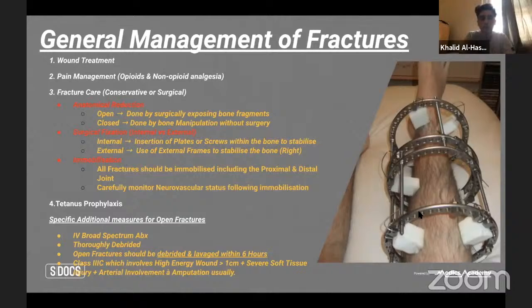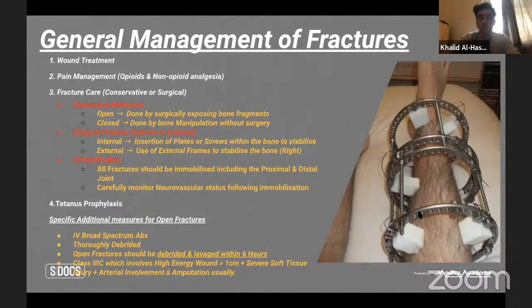And then finally, to conclude, would be tetanus prophylaxis, which is usually recommended. Now, there are specific additional measures for open fractures generally. So broad spectrum antibiotics. This is to target any bacteria which may cause an infection and may cause permanent destruction to the bone. We need to make sure that it's thoroughly debrided, and open fractures generally should be debrided and